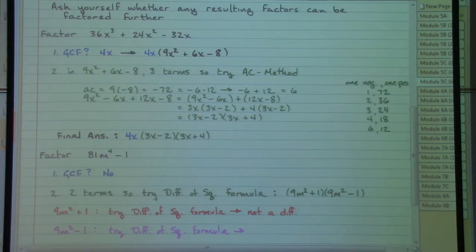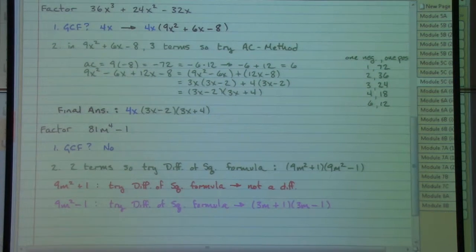What do we square in order to get 9? Well, that would be a 3. What do we square in order to get m squared? That would be an m. What do we square in order to get a 1? Well, we already said that would be a 1. And one set of parentheses gets a plus sign in the middle, and the other one gets a minus sign in the middle. So what we've got between these red and pink statements